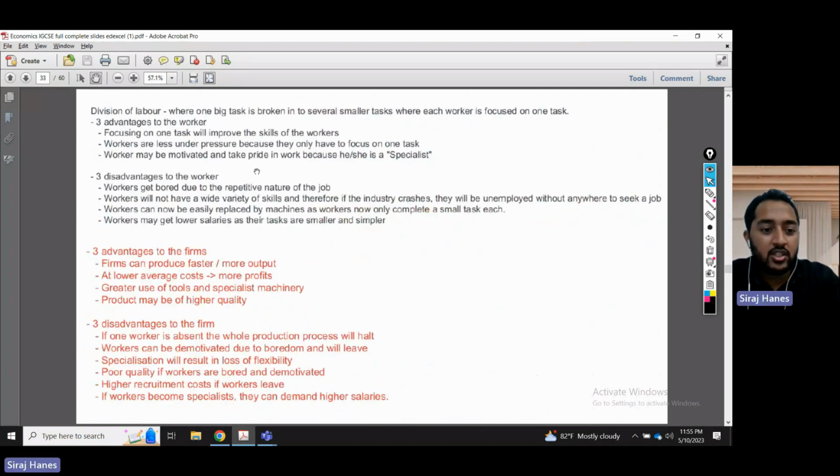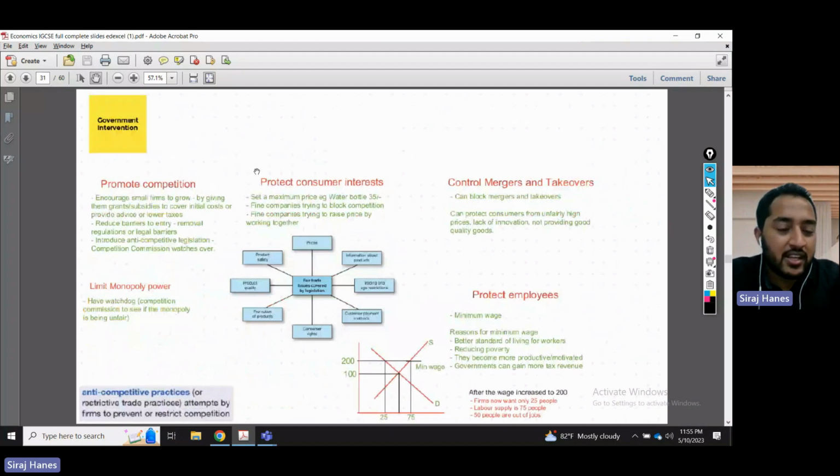So with that being said, guys, that is it for microeconomics on the main topics. There may be a few other topics I may not have touched on, guys, but these are the main topics that I tried to cram in under 2 hours.